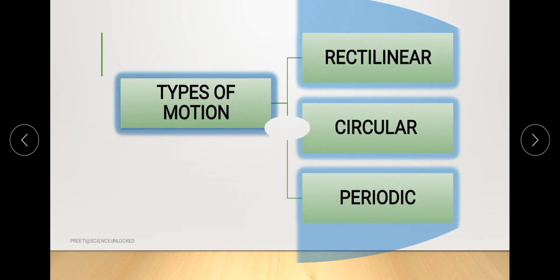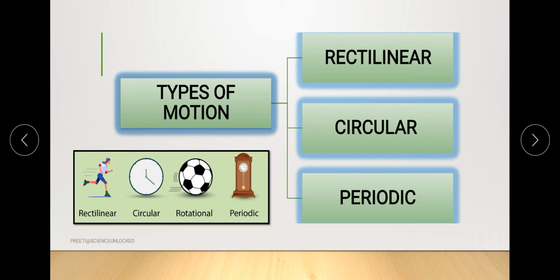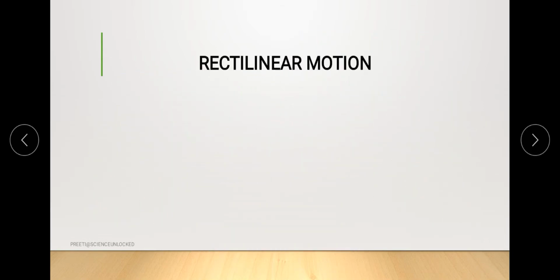Now comes the aspect that if there is motion, then there should be certain types of motion, which come under the category of rectilinear, circular and periodic motion. Now over here you will say that there are 4 motions mentioned, but over here there are only 3 motions mentioned. That means we do have some explanation to be done with reference to these types of motion. So let's get into that. The very first that we are looking into is rectilinear motion, where we talk about the straight line motion.